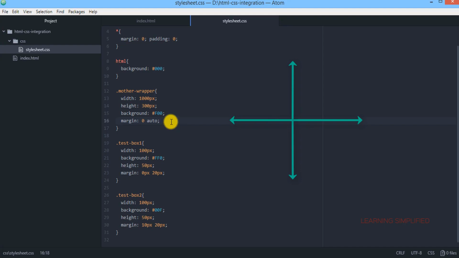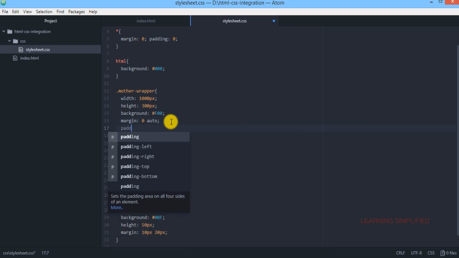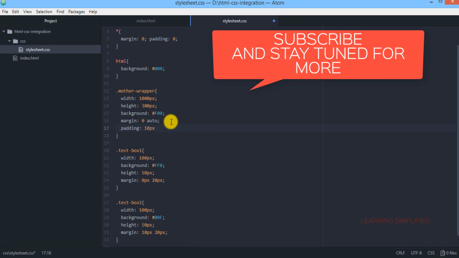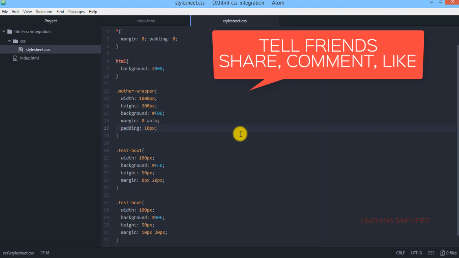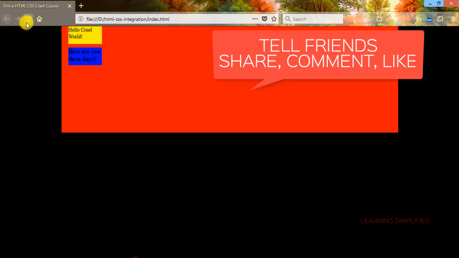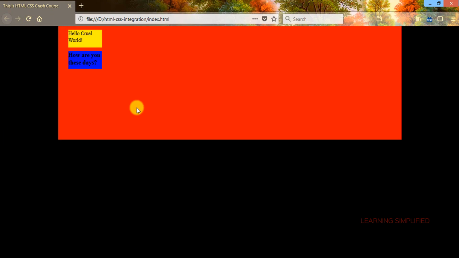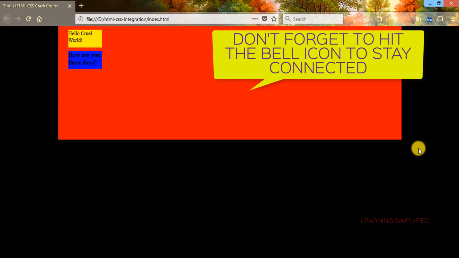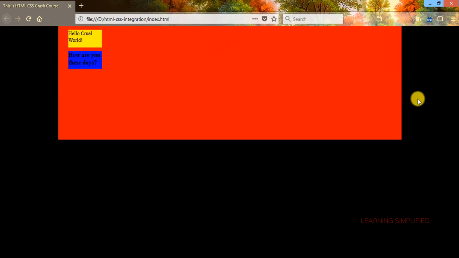Now in case of padding, if we instruct our browser to do this, that means we are now practically providing a flat padding of 10 pixels from the top, from the right, from the bottom, and from the left position. Then what will be the scenario and what will be the output? This is what will happen. Now we can see it is practically leaving a padding from the top position, and it is on the other hand making all those changes. Those are intended to be done in this particular case. It is practically leaving a flat padding from all the four corners.